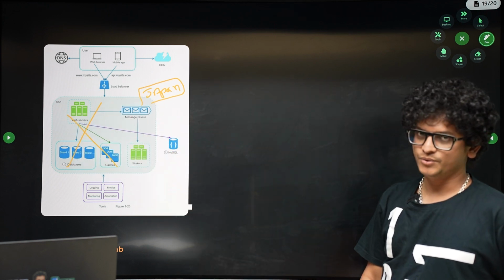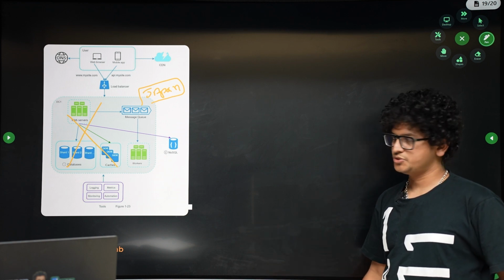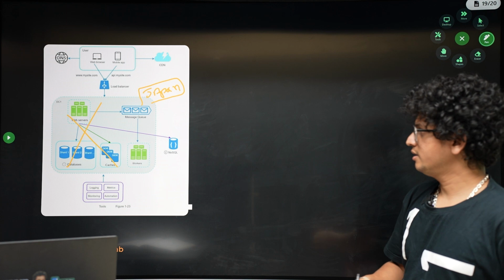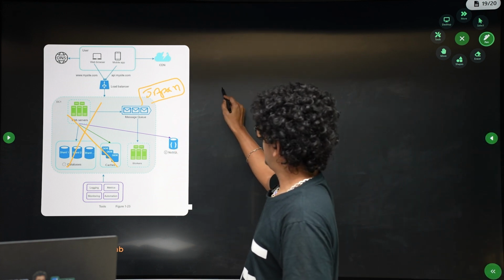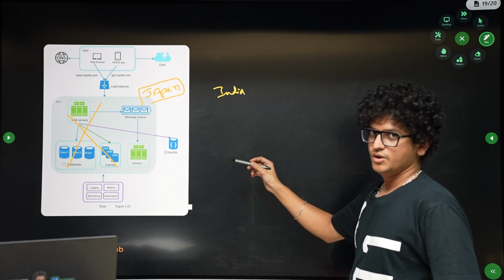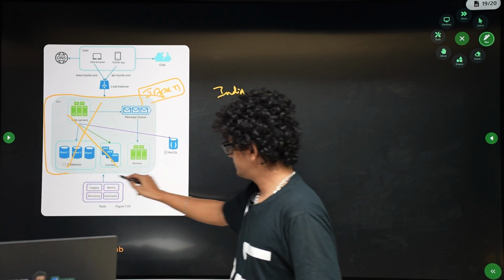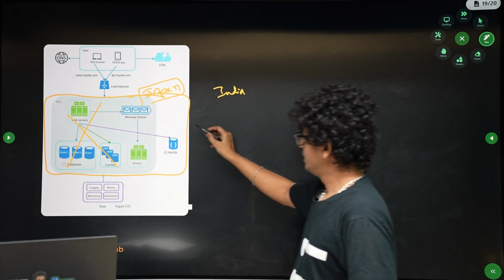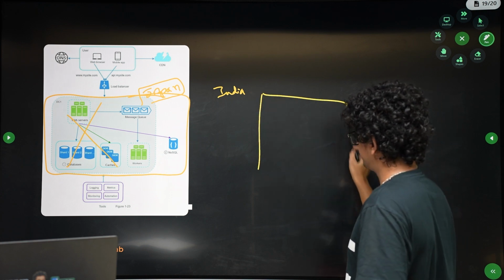There will be no response from that end, and we will face issues not being able to access the content. Keeping this in mind, we will add the same data center setup in different regions. We will be replicating this complete data center setup in India as well,